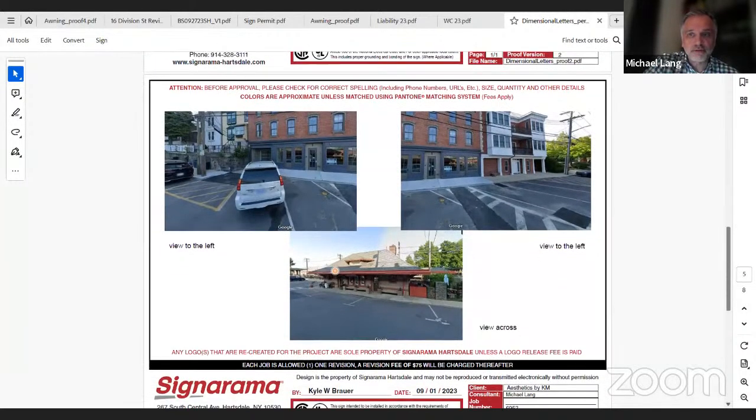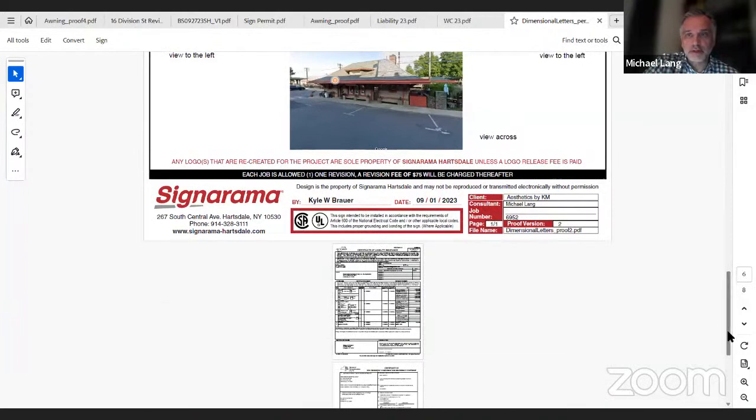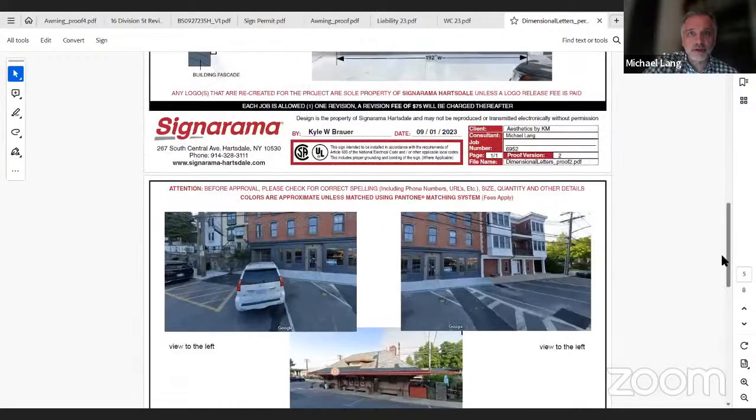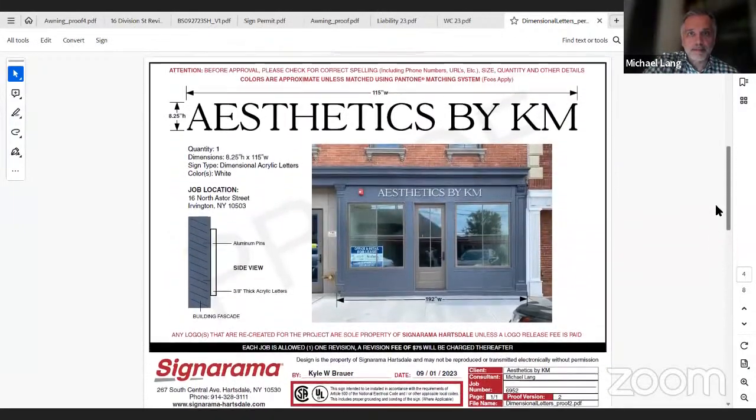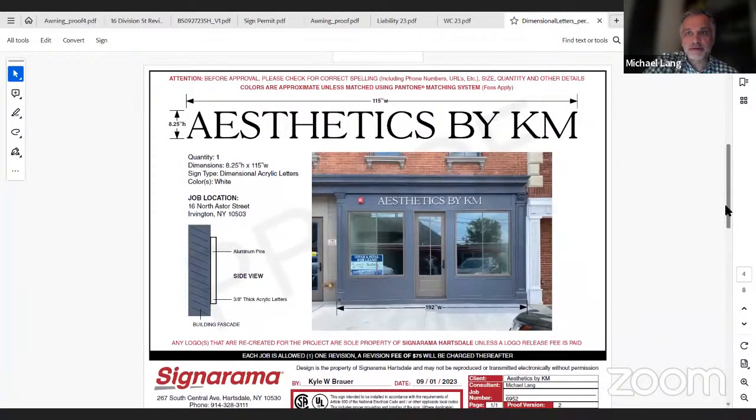Relatively straightforward. So in essence, flat cut acrylic letters in white, mounted flush to the facade.